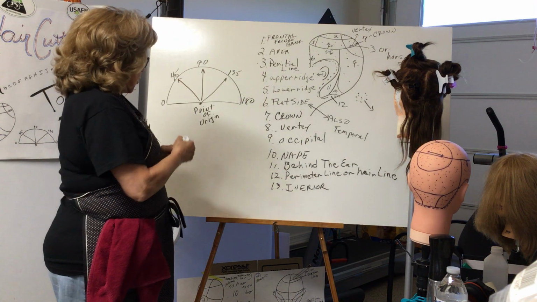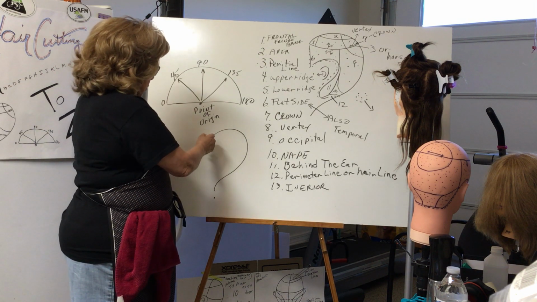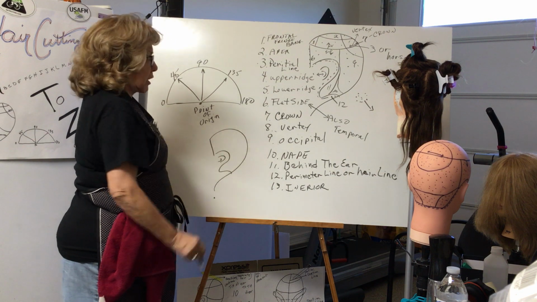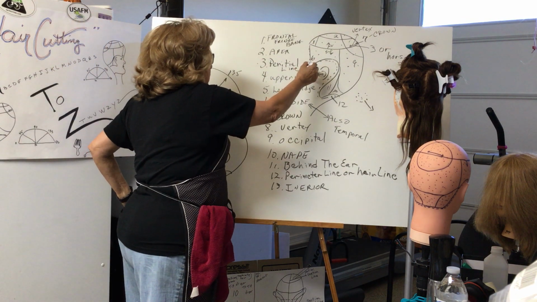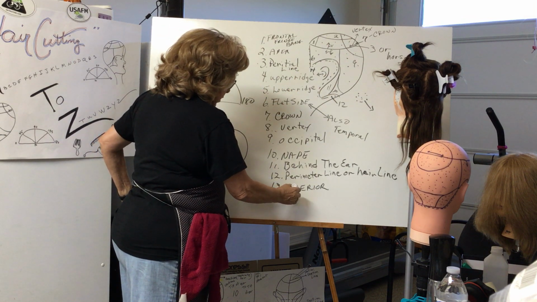So you know how to do your head form, right? And then you do a number 1, and then a number 2, and then of course we want to put that tragus in there. Oh, I forgot, you know what? I forgot to mark tragus. So that's our number 14, tragus,